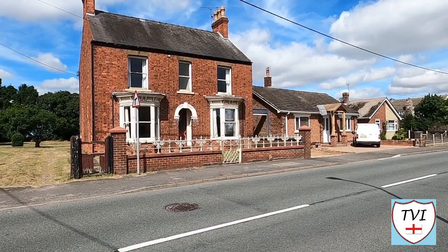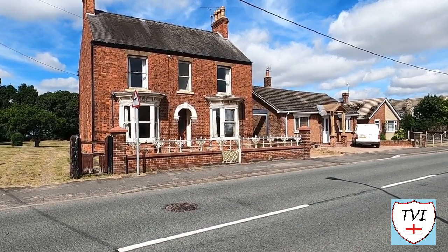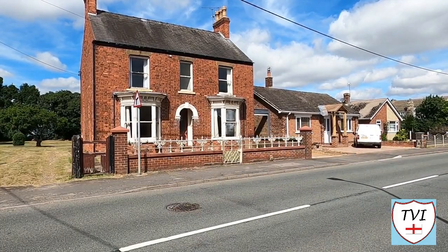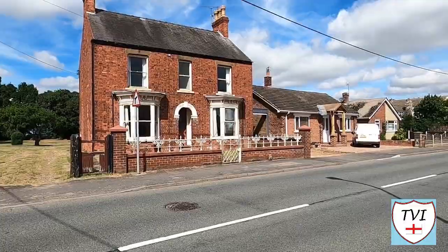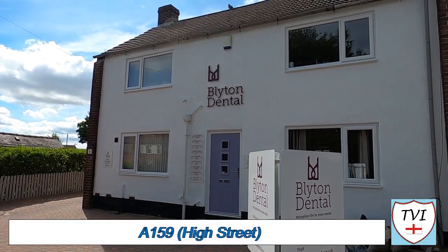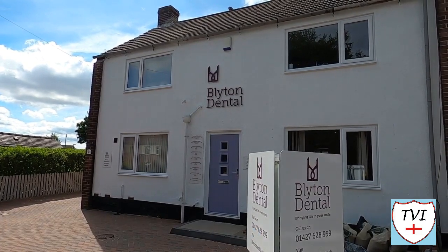So now we're in Blyton village and we begin on the A159, Blyton's main road. Most of the village is laid out along it, and there's some nice looking villas here, like this one for example. Most of its amenities are laid out on this one road as well. Blyton has a shop, 2 pubs, a club, a school, a church, a village hall, and a few other bits,